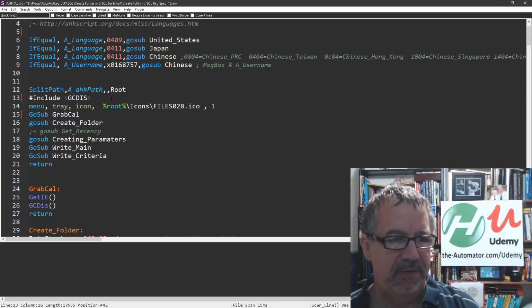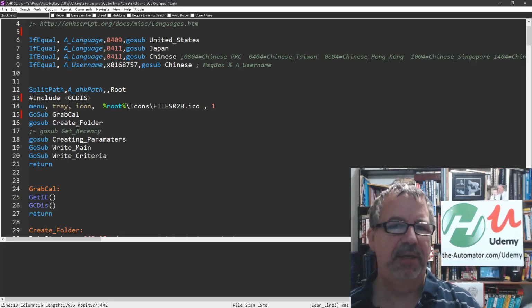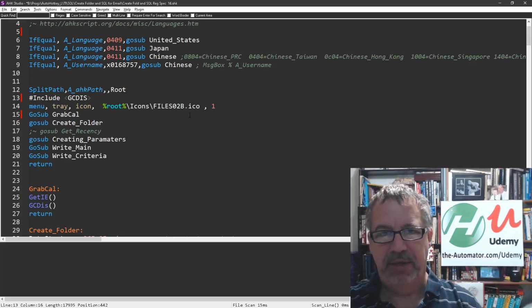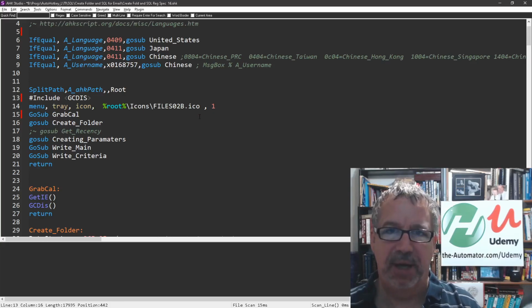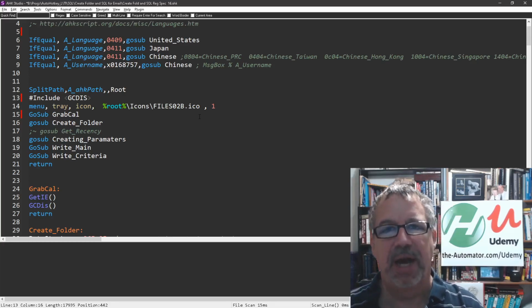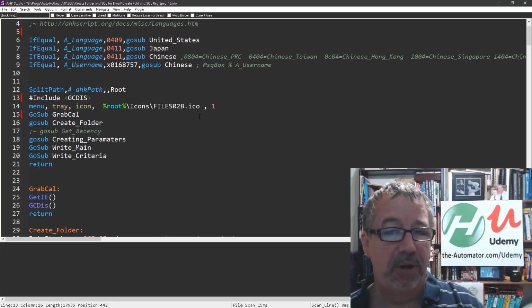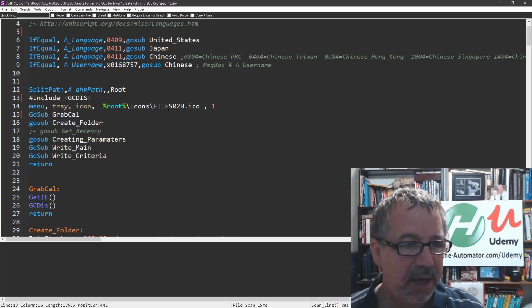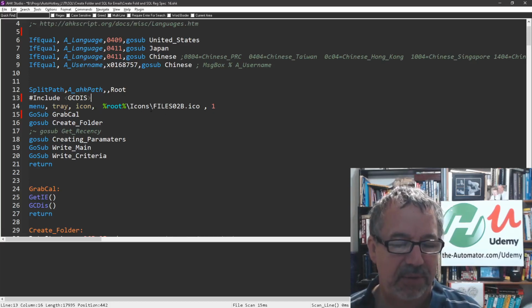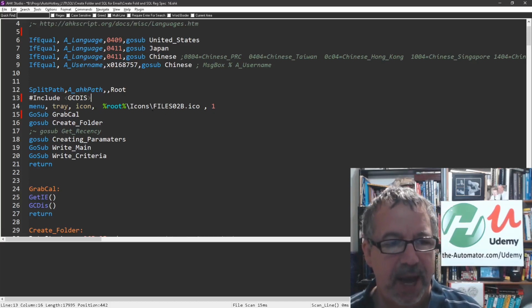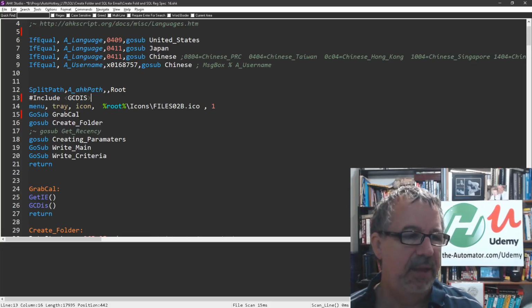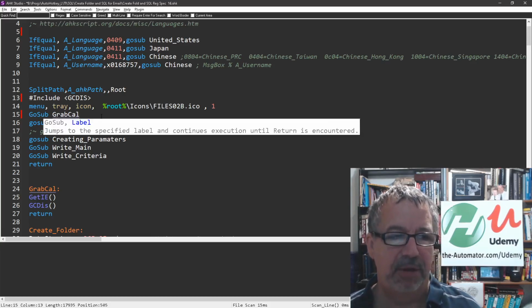This is a script I had that would go read the SharePoint page. Sorry, not the website, but the actual page. So we were on a calendar for an email campaign, and it would have targeting information: who's going to be the recipient, the name of the campaign, the subject line, all that information. More importantly, because that was my job, the targeting. Here I just customized the icon in the system tray, and then we jump down to grab calendar,